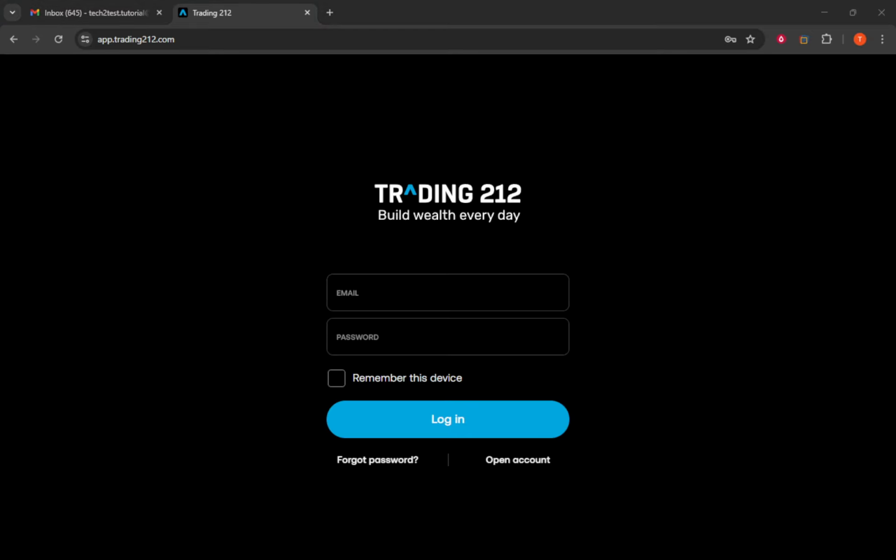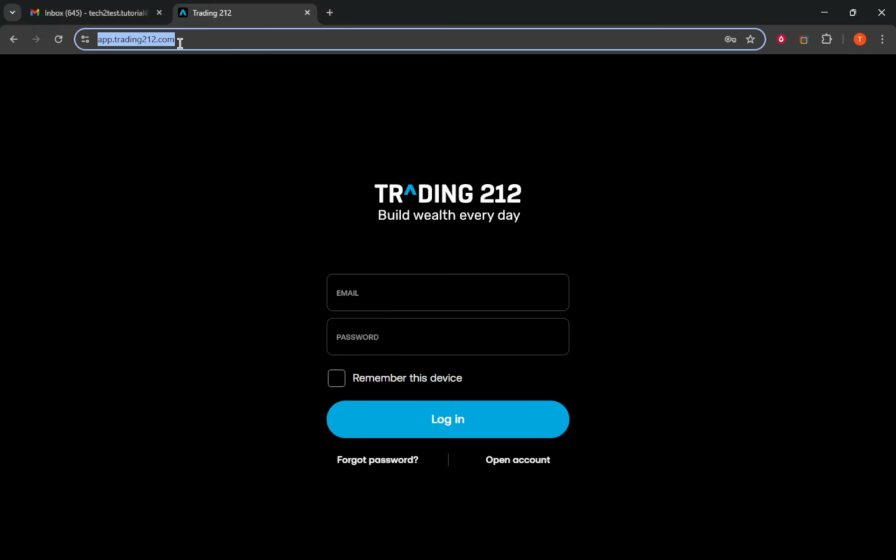First, open your preferred web browser and head to the official Trading 212 login page at trading212.com/login. If you're already on their website, you can simply click the Log In button in the top right corner. Prefer using your phone? Open the Trading 212 app, and you'll arrive at the same sign-in screen tailored for mobile. For convenience later, consider bookmarking the login page or keeping the app on your home screen so you can get